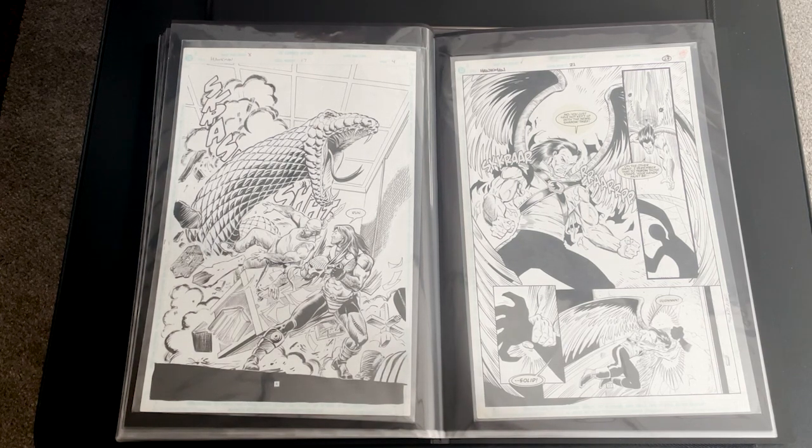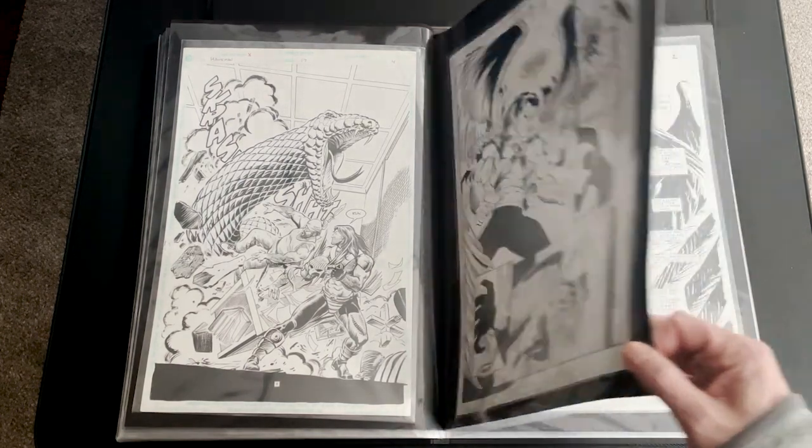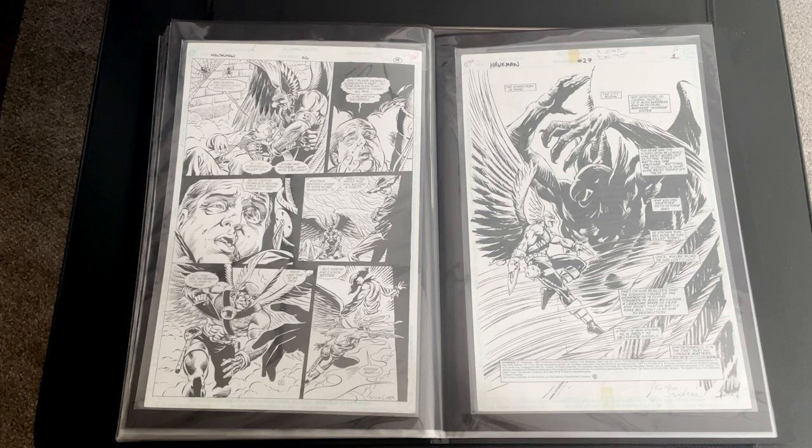On the right, a page from Hawkman number 21 in 1995 by guest penciler Ron Lim and inker Mark McKenna. You can see Hawkman sprouting his wings that rip his shirt off as they come out, and he fights his classic villain, the Shadow Thief. And on the left, another page by Steve Lieber, inked by Kurt Schultz from Hawkman number 26, where Hawkman fights the Batman villain Scarecrow. On the right, the splash page from Hawkman number 27, also by Steve Lieber, with inks